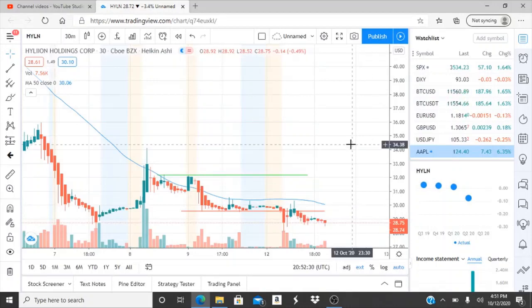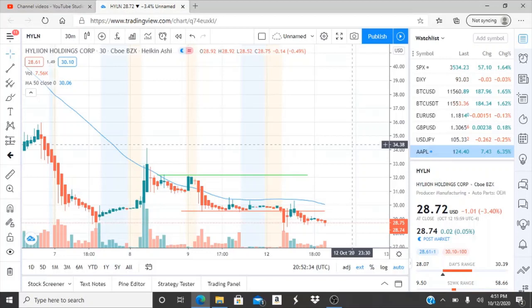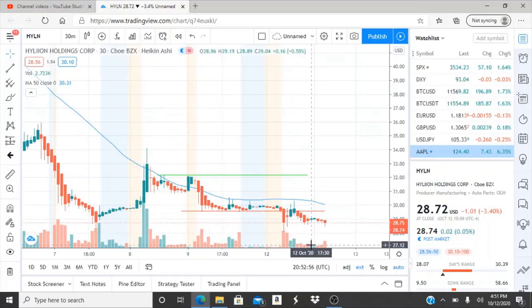All right, everyone, here we are with ticker symbol HYLN, Hyliion Holdings Corp, also known, previously before the merger, as SHLL, Tortoise Acquisition Inc. So let's jump into this chart. And as I jump into it, I do want to state some things. What I'm seeing already is that the support level was broken through. Definitely. And this is hitting newer lows after a slight recovery that it had here, but it's again in bearish